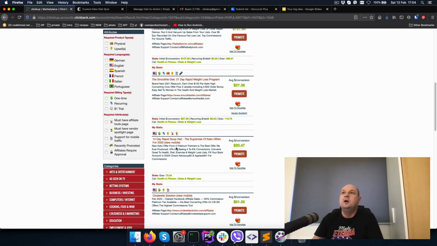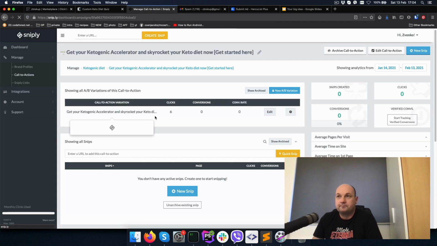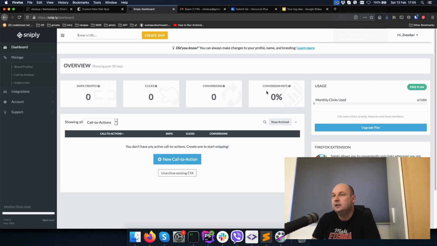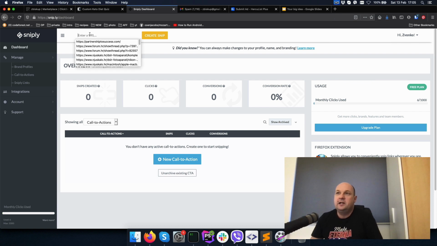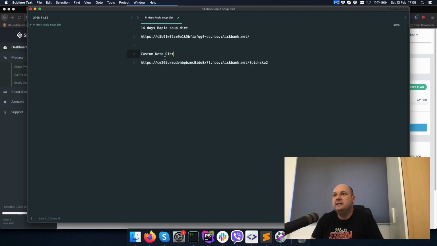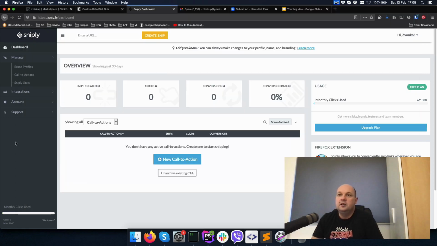I will show you how you can do that by using the tool called Snipply. So this is Snipply. You just go to snip.le. It's free. You can use it for like 1,000 clicks, which is more than enough. How does this work? There is an enter your URL field at the top. So we will take the 14 days rapid soup diet link, copy it and put it here